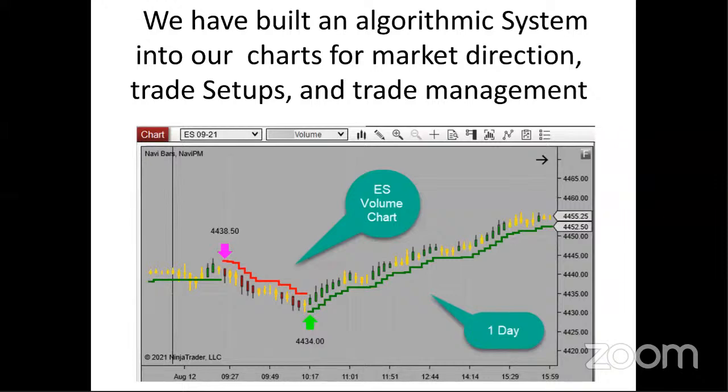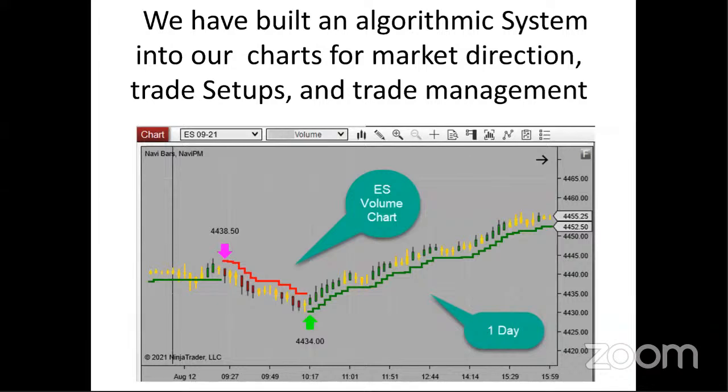All right, so here at NaviTrader, we've been here since 2002, and we have traders all over the world running these charts in various markets. So we're going to show you not only the stock index futures, but how they can be applied to the Forex markets, crude oil, and really any market that you've got data for. By the way, everything that we are going to show you here today runs exclusively in the NinjaTrader platform. I do recommend version 8. I believe NinjaTrader says there's over 500 enhancements in version 8 versus NinjaTrader 7. So I do recommend NinjaTrader 8.